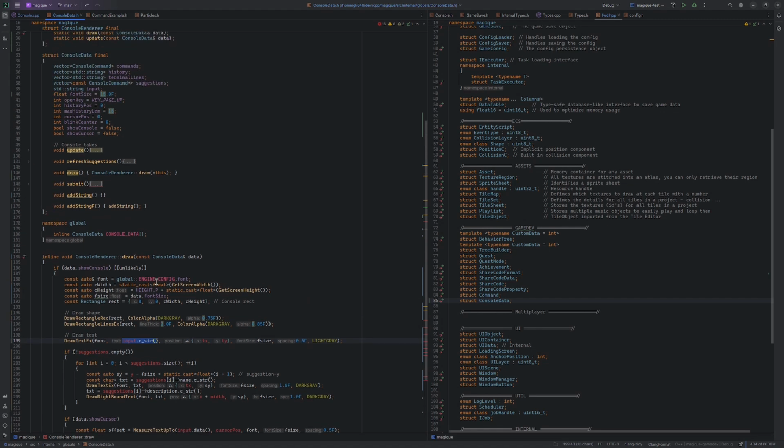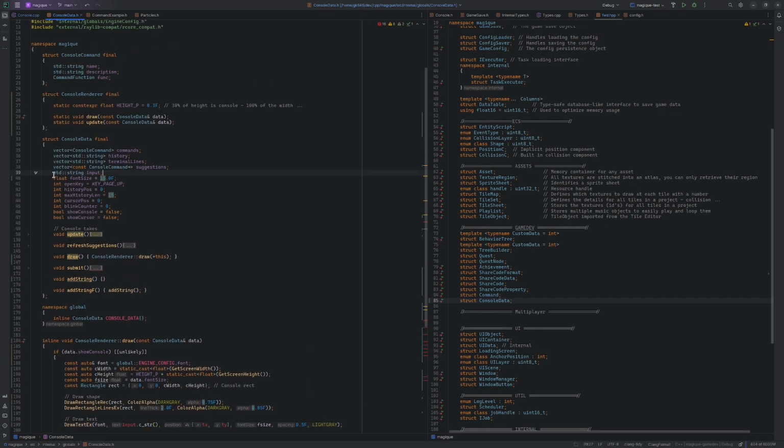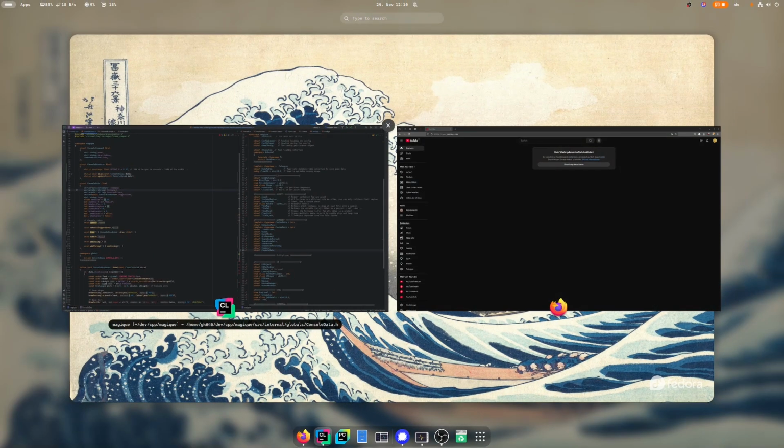And then there's a few different kinds of text. So one is the input text, which is the current command line text. And then we have the history, which stores the previously submitted input. And then we have, which actually, you know, because for example, if I